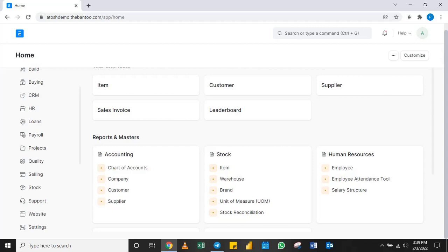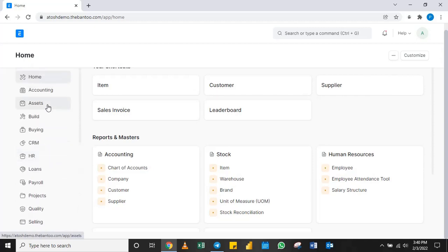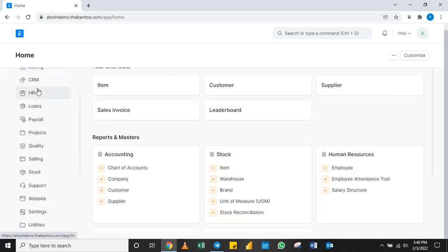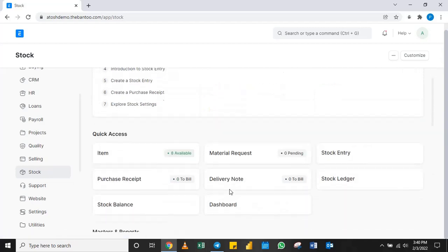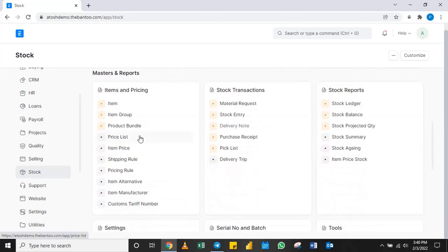We'll start today by taking a look at how our stock ledgers appear so as to get a feel of what we're aiming to achieve. So to do that, we will go to our stock module. On the left here, you see we have a list of modules from accounting, asset, build, buying. So we scroll down, these are in alphabetical order. We go to stock here, and in stock we look for our third list. Right, so the first list is items and pricing, second is stock transactions, third is